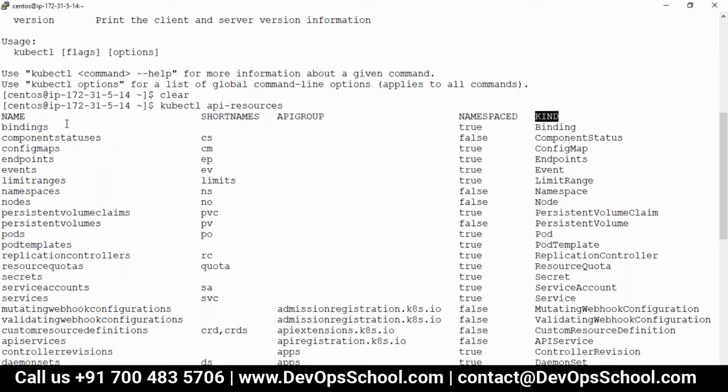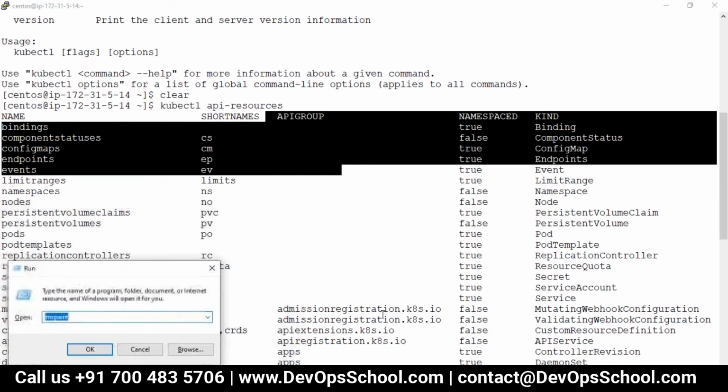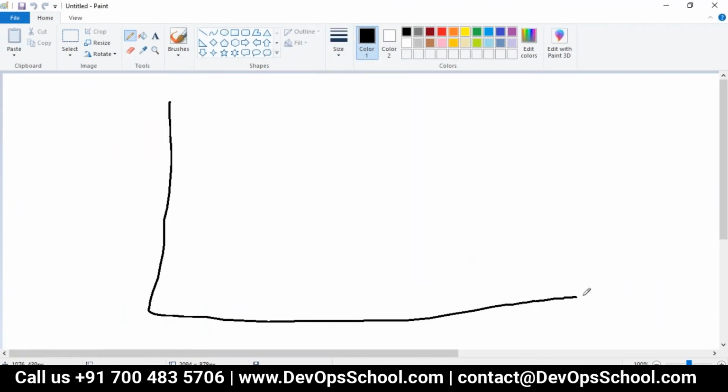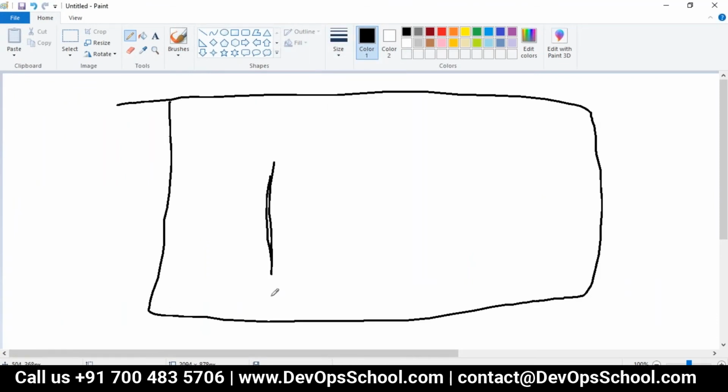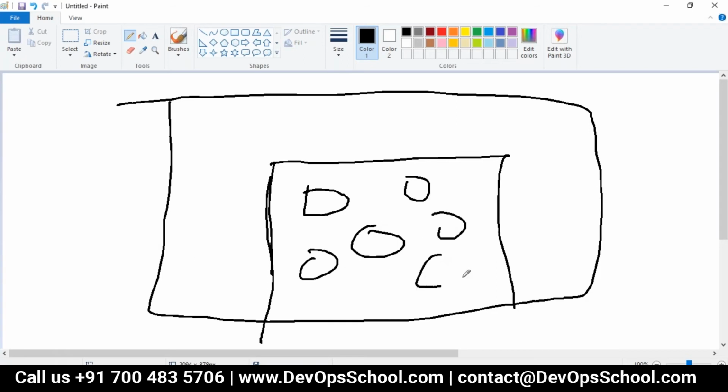Now the question is, name, which is here, has a short name, but what is API group? This is what I was explaining to you: you have a master server, and in this we have an API server. An API server, you know, has multiple APIs. Initially, a few APIs were not grouped together, but later on they started grouping together.